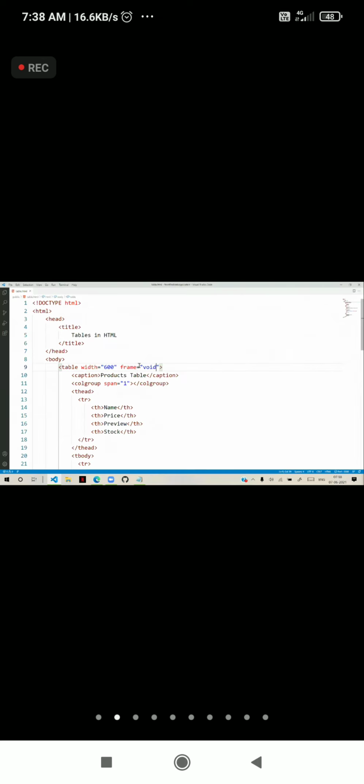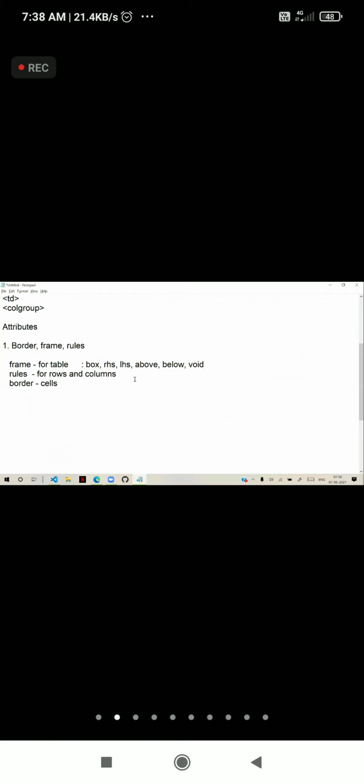We have rules. Rules are for only rows and columns. So you can give rules as rows, cols, groups, and none.